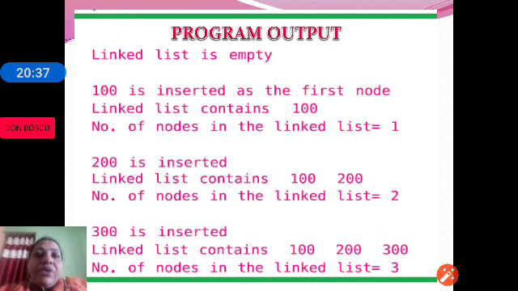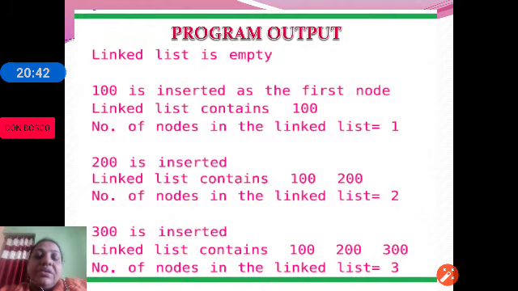So hope you have understood today's topic. With this we conclude the linked list topics. From this chapter today we conclude the linked list topic. The next topic will be the non-linear data structures. With this we have also concluded the linear data structures topic, in which we studied arrays, stacks, queues and linked list. So next class we will be discussing the non-linear data structures, trees and graphs.